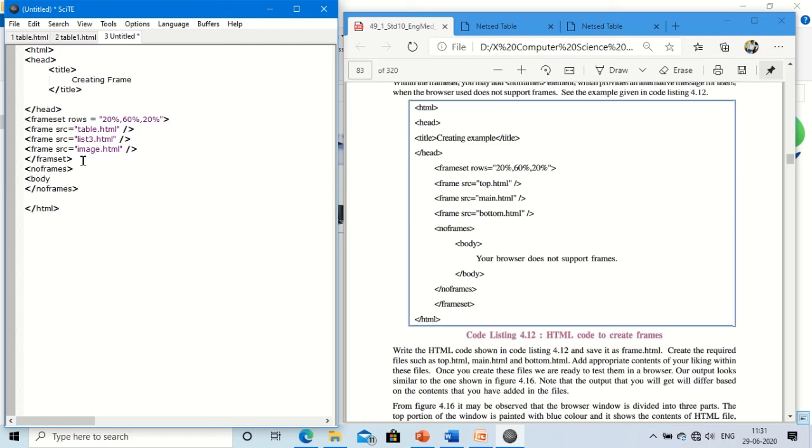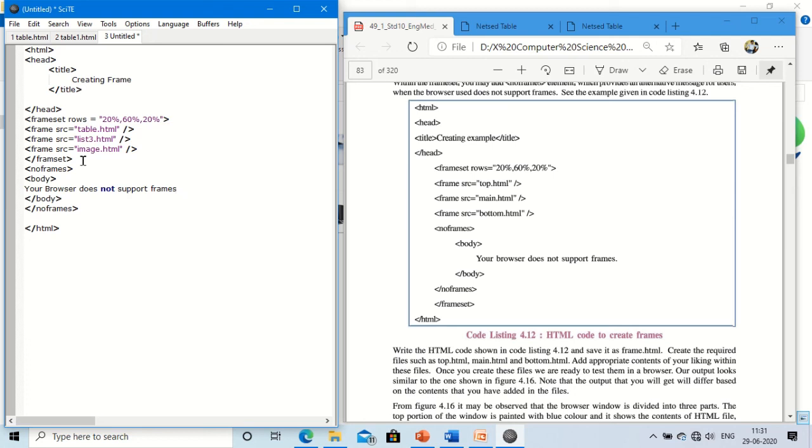Basically body is not used if you are using frameset, but if the browser is not supporting, then this message will appear. Here let me write: your dear browser does not support frames. This message will appear when your browser is not supporting.